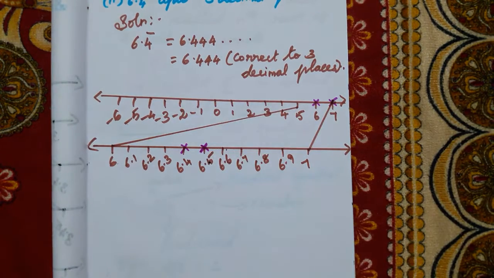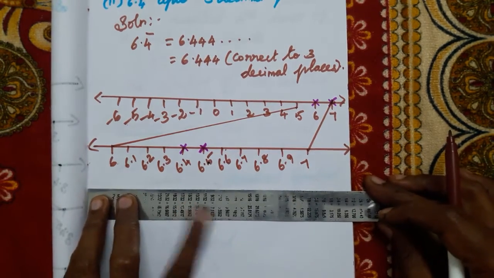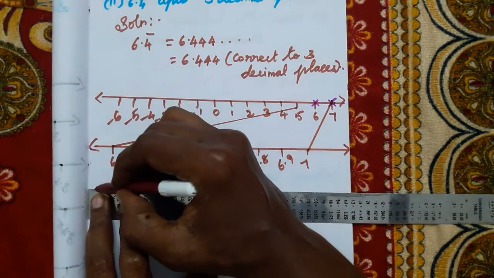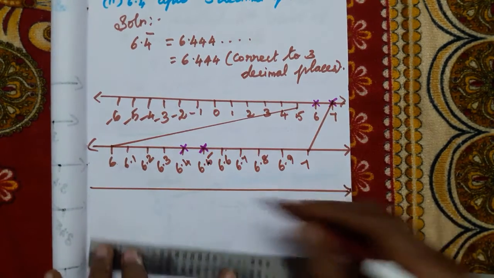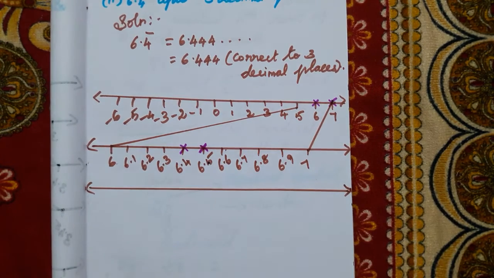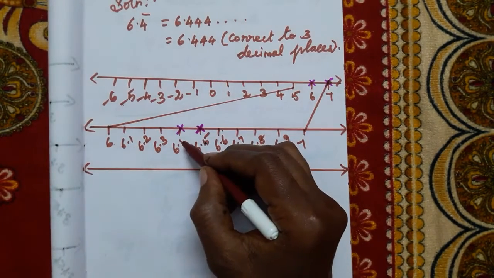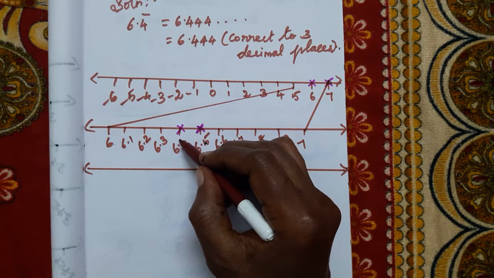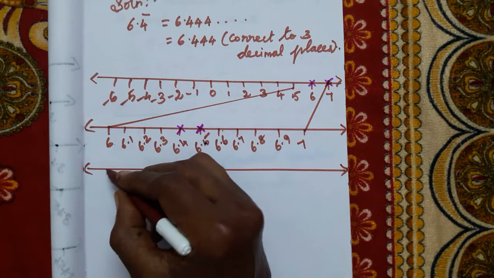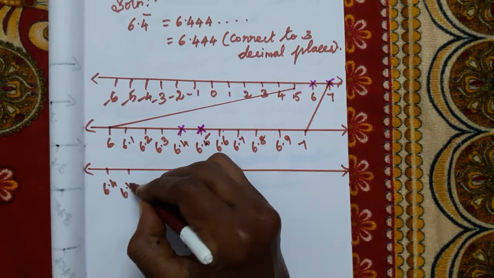Then what we have to do? Again we have to draw a number line. Start from which number we marked? 6.4 and 6.5. So start from 6.4. 6.4 after 6.41. Next